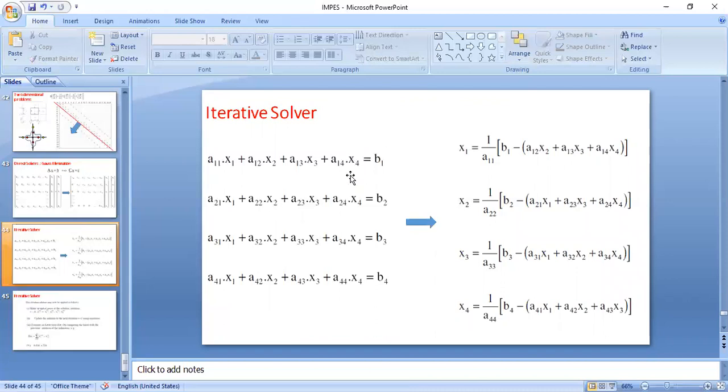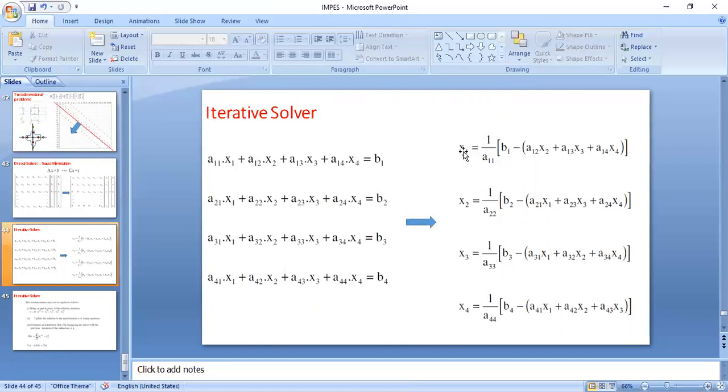So now you have an assumed value, and we have calculated x1, x2, x3, x4 now. The idea is, if I had made a correct assumption, then the assumed x1, x2, x3 should be equal to the computed x1, x2, x3, and x4. So the x vector we have assumed, if my assumption is correct, should be equal to the computed x vector. If it is not matching, if the assumed x vector is not equal to the computed x vector, then we have made a wrong assumption, and so our assumption has to be updated.